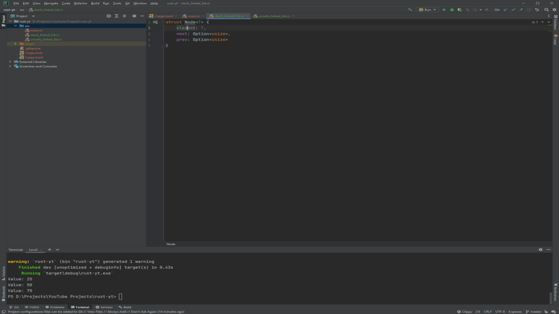Anyway, so there's next and previous, and they have an option of an index. So obviously at this point we're going to be working with vectors or dynamic arrays, which is going to be interesting, and I'll show you how. So this also has its own problems, which I'll explain later. So let's just create a generic implementation for node, which will take a generic value, and this self keyword, which just means this gets here.